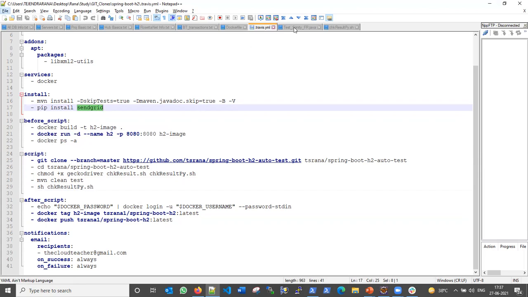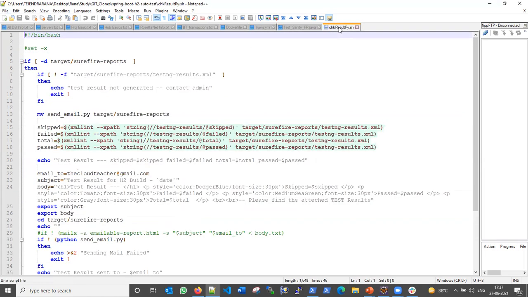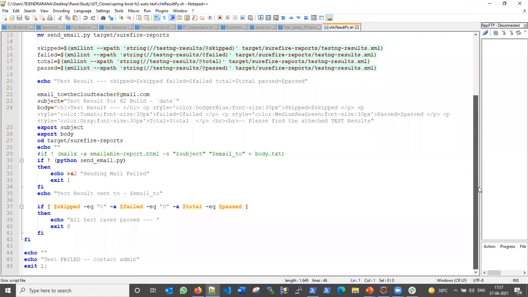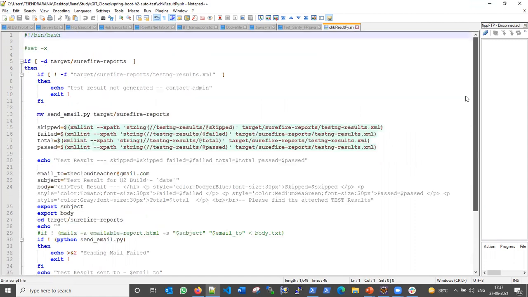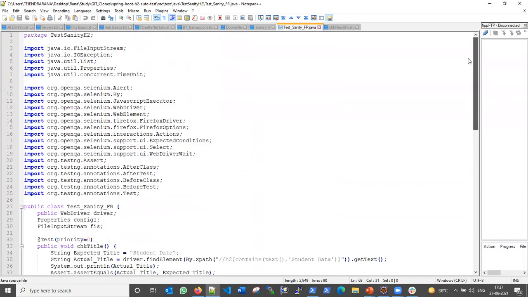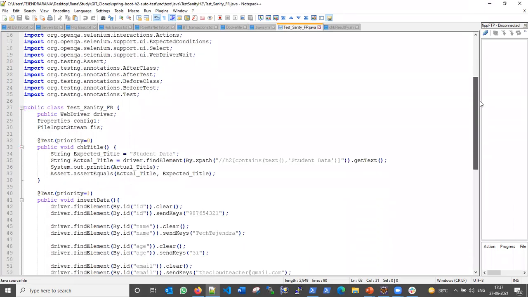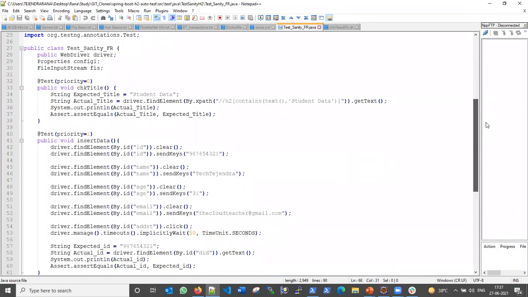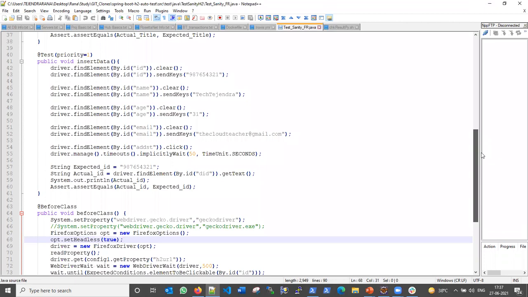And then if we go to this shell script which I was telling about, it is taking all these parameters, getting results and everything, then sending the mail and deciding whether it will mark the build as pass or fail. And if I go to the test cases which testing needs to write, I have created very simple test cases. I have written only two test cases in this Selenium test script.